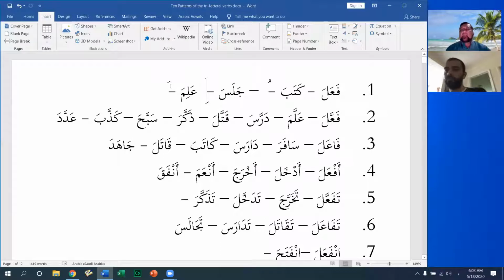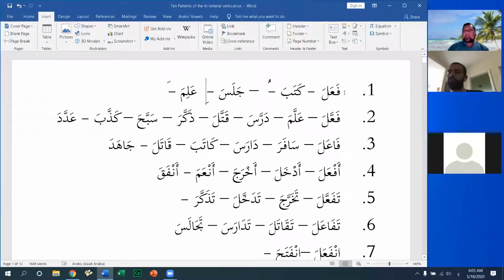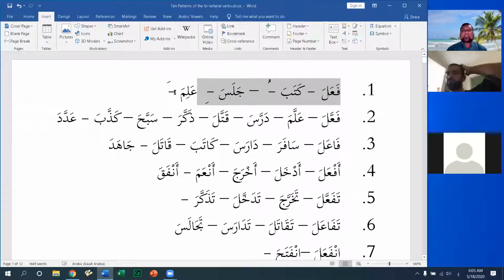Ya'alamu. And we learned the various forms based on whether it's third person, second person, or first person, masculine, feminine for each, and then singular, dual, and plural. And we learned past tense, present tense, and command. That's what we've done so far with this first verb. And that's important because the rest of them would be based on that.